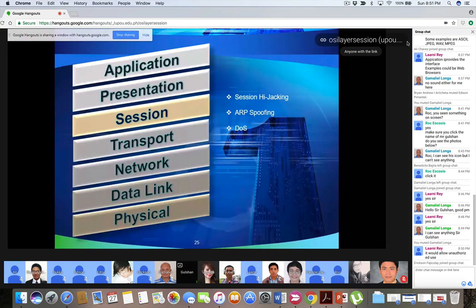In this session, we're talking about session hijacking. Let's say I am the one. I connected to a website. Website will ask, type your name. I type my name. Website will ask, type your password. I do that and I click submit. Then it says, oh, you have successfully logged in.